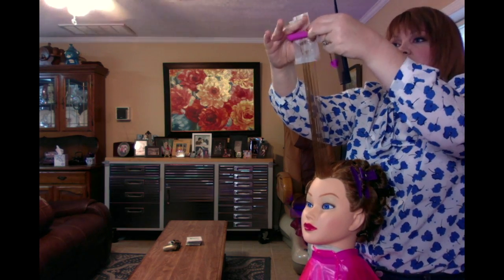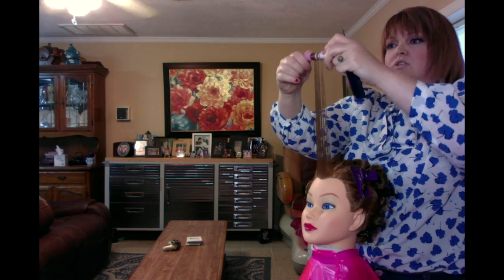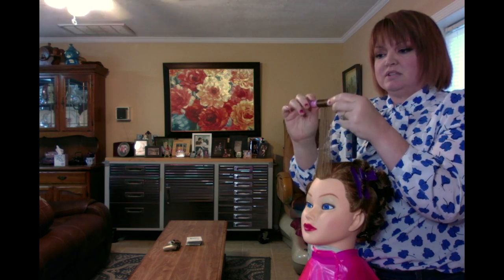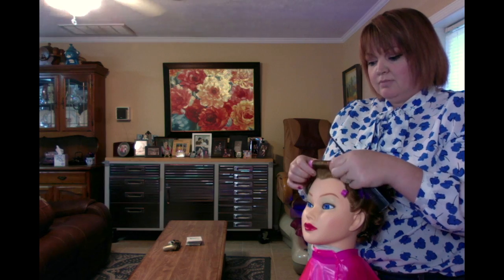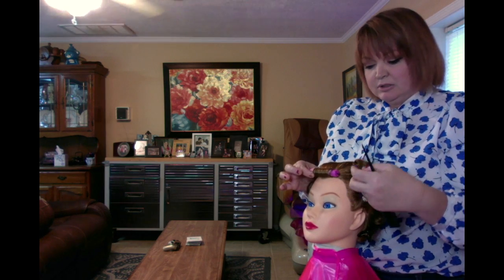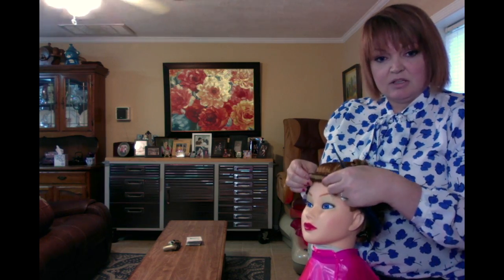So now that I've done that, I'm taking these papers, sliding it out. You want to make sure that your hair goes all the way out. You don't want it bent under. Do not apply too much tension. You see how she's bouncing? That's too much tension. You just want to give it enough tension that it rolls itself. The hair's going to roll itself up, basically. Okay? So, you want to make sure that your rubber band is on top. And see how that's coming loose right there? That's because it's not giving full tension. But when you've got it like that,